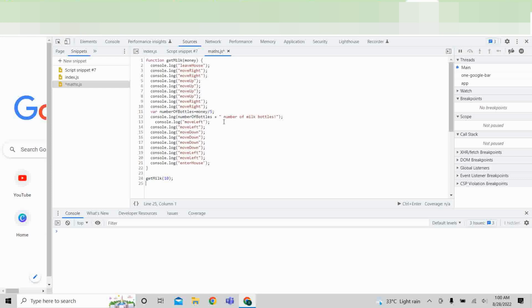So number of bottles bought. So if it goes fine, it should show bottles of milk. So just